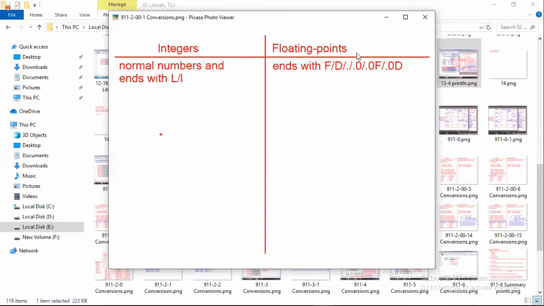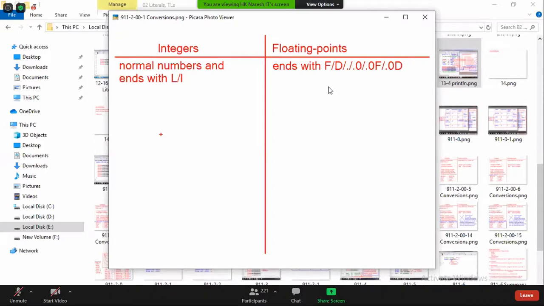Some people call it a decimal also. I don't know why they call it that. Some foreigners pronounce it as integers and decimals. I don't know how these floating point numbers are called decimals. Did any of you in your academics call floating point numbers a decimal? In every batch I'm asking.